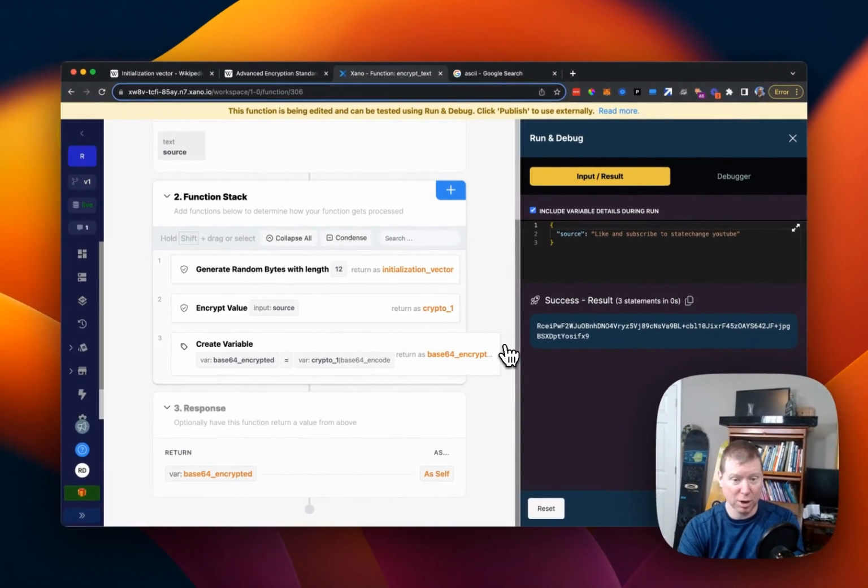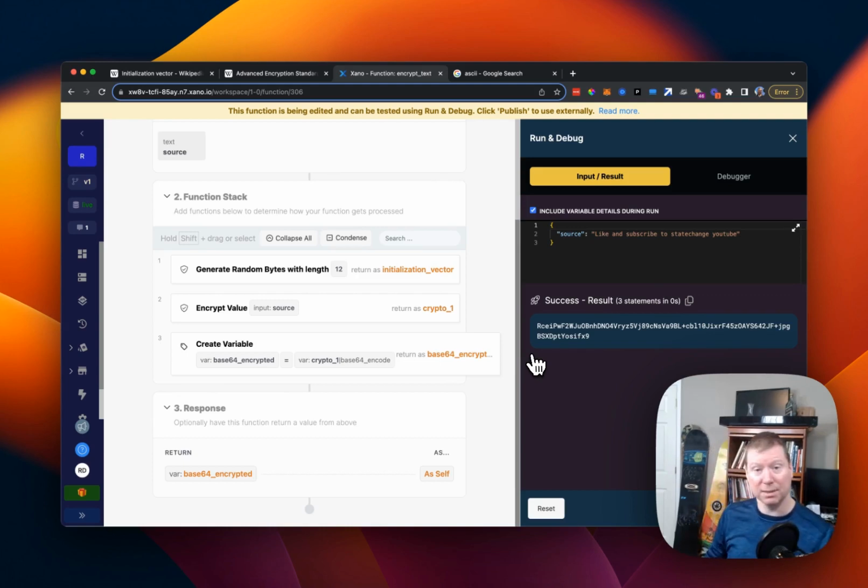Now, it still looks all garbagey, right? Because you can't really make heads or tails of it. But the idea behind base 64 is that you're just going to store data 6 bits at a time instead of all 8 bits at a time. That means there are 64 possible values because 2 to the 6th power is 64. And that means it's using all the lowercase letters, that's 26 of them, all the uppercase letters, that's another 26,